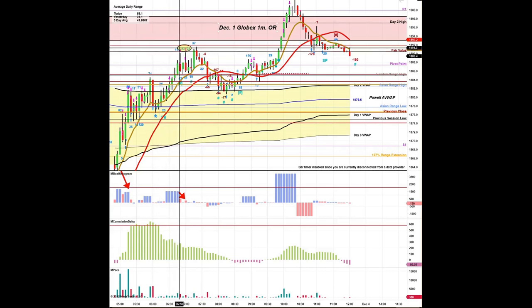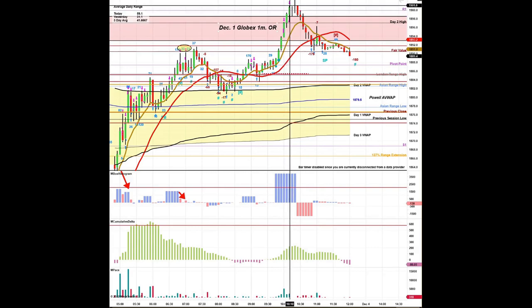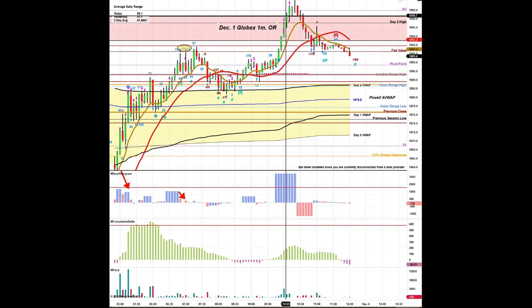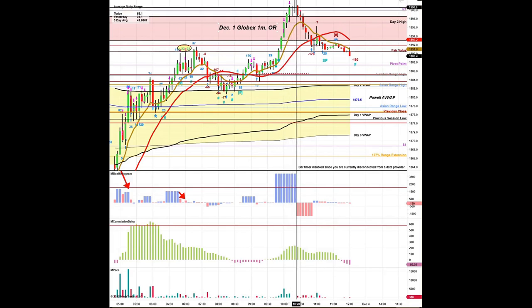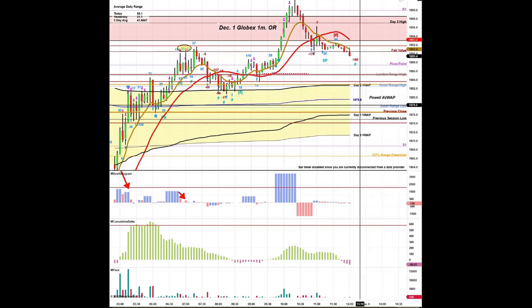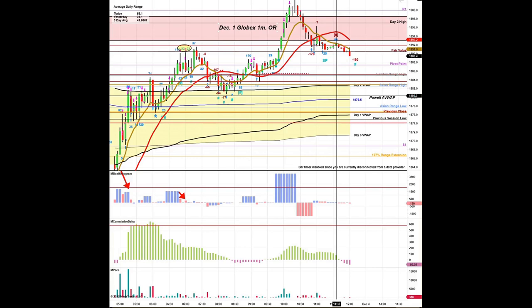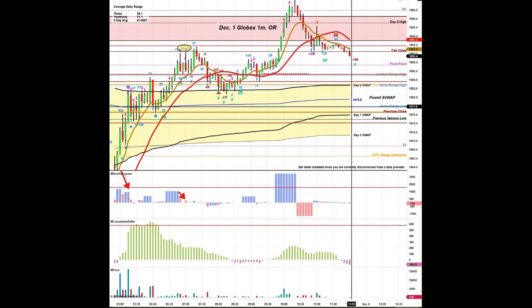5-minute chart. So I'm going to focus on a few things. The first is this zone on the December 1st Globex 1-minute open range. Price violated this area for the first time right at the close of Friday last hour. So super important that this is very bullish that we could get above there on a Friday. Powell pivot is the second point I want to point out, because based on when he made those comments on Wednesday, based on a 5-minute chart, the anchored volume weighted average price is 1879.50, and you can see Friday closed